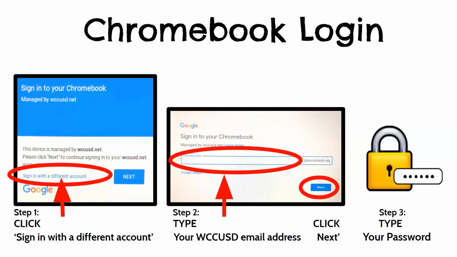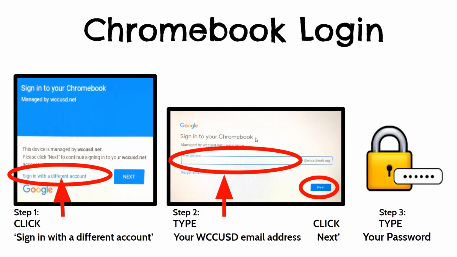It sounds like IT set it up so that you put in your email address, which might be your first name, last name, at wccusd.net, or it might be something different. But your password is probably your 6-digit ID number right now, okay? So if you have a Chromebook and you haven't been able to get in because you didn't know the password, I believe that is the password they set up for you.